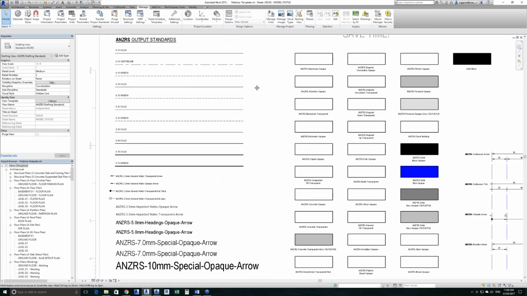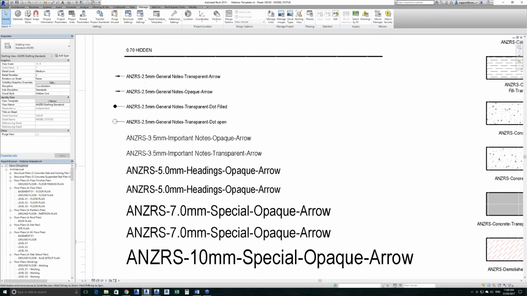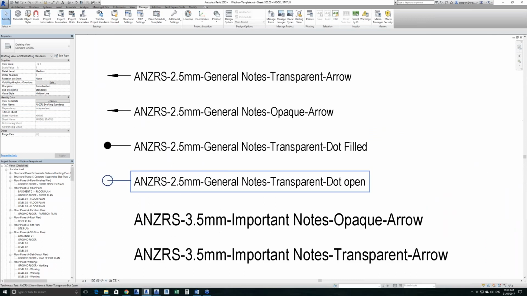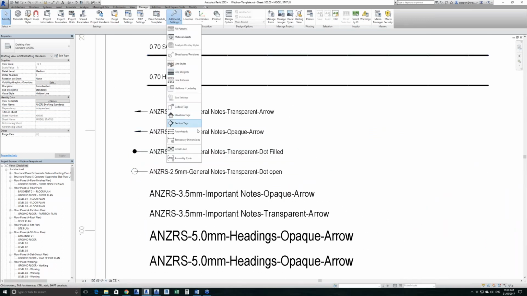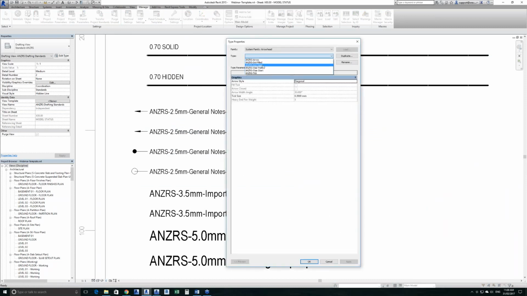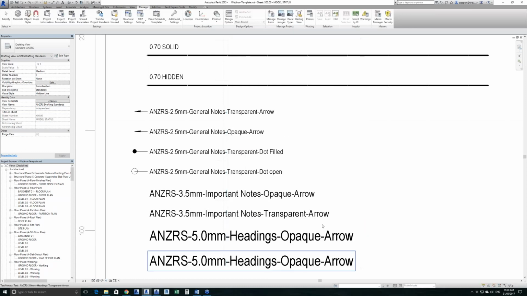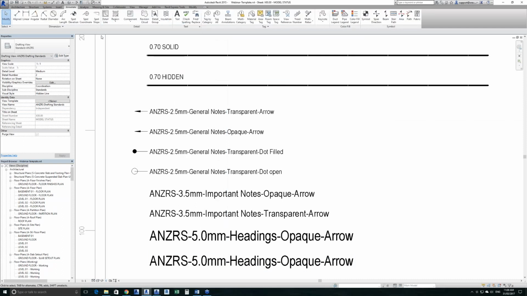In terms of textiles, there's a range of textiles that are included. There's also a range of different leader options that are included in those as well. So if we have a look in our arrowheads, you'll see we've got a standard arrow, dot fill, dot open, stair pass, stair start, and standard tick marks. We also have, in terms of our text styles, you'll see,